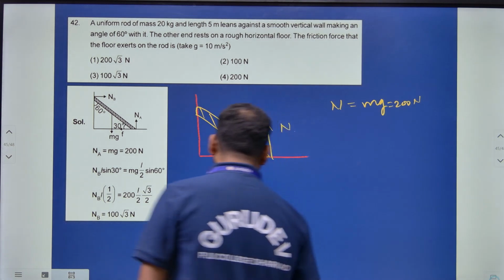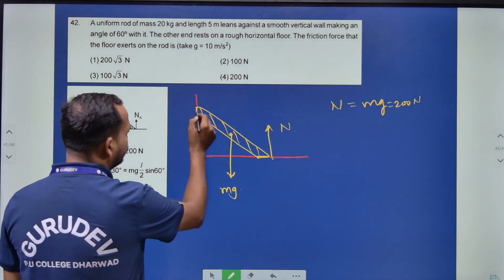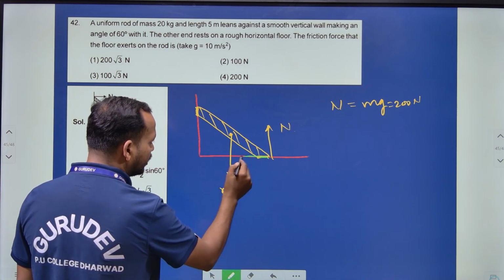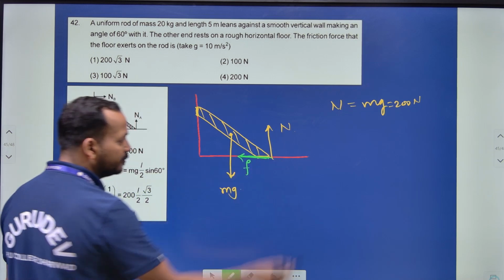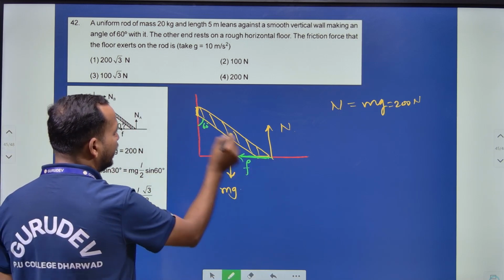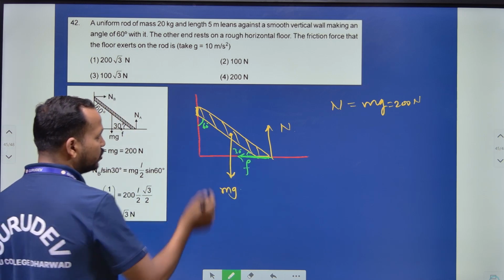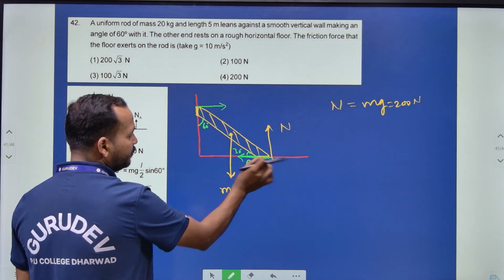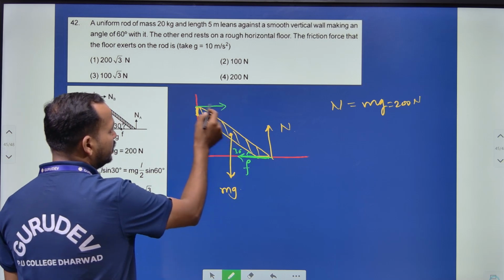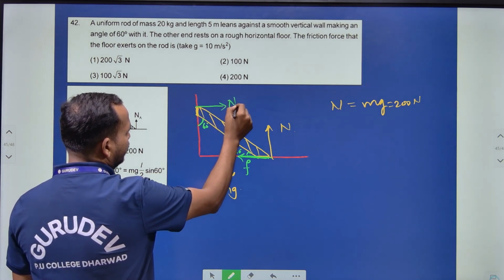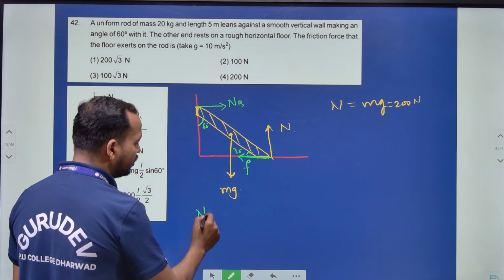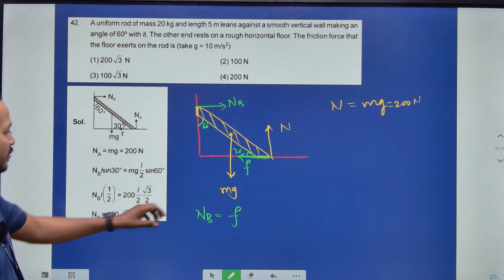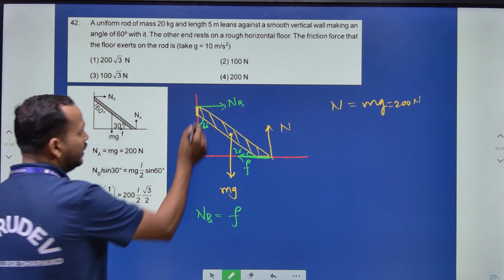तो उसको हम लिख सकते हैं 200 न्यूटन, क्यों 20 kg था और 10 न्यूटन किया तो 200 न्यूटन आ गया। तो आप यहाँ पे देख रहे हो, यहाँ स्मूथ सरफेस है और यहाँ पे रफ सरफेस, जो हमारा फ्रिक्शन होगा, फ्रिक्शन इस तरफ होगा, ये होता है स्मॉल f, ठीक है। और उन्होंने एंगल जो दिया है यहाँ पे 60 डिग्री दिया है और यहाँ पे 30 डिग्री दिया है। तो यहाँ पे जो उसका नॉर्मल फोर्स होगा वो हॉरिजॉन्टल होगा। अगर ये यहाँ से नहीं फिसल रहा है, तो मूव नहीं कर रहा है, तो जो NB होगा, वो NB इज इक्वल टू f होगा। तो आप NB फाइंड आउट करो या f फाइंड आउट करो, जो ही आपको फाइनल आंसर आएगा।